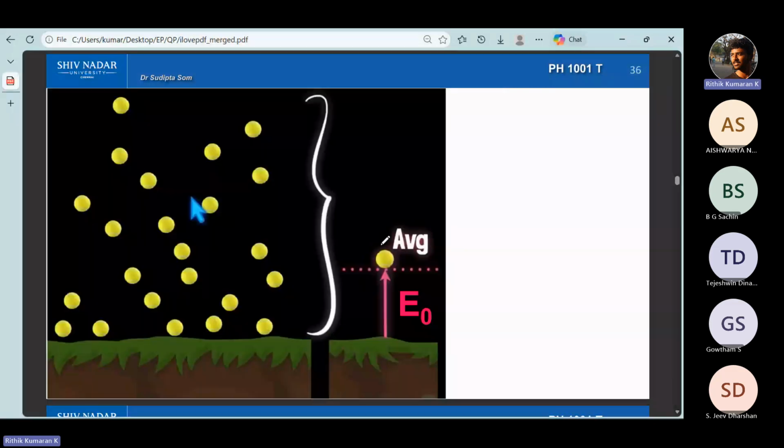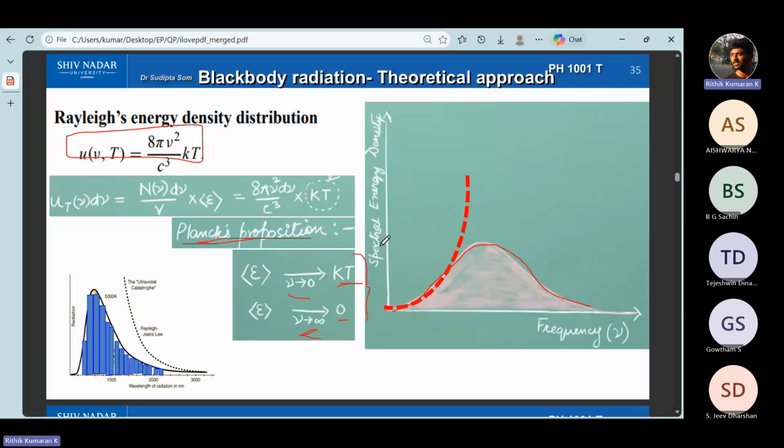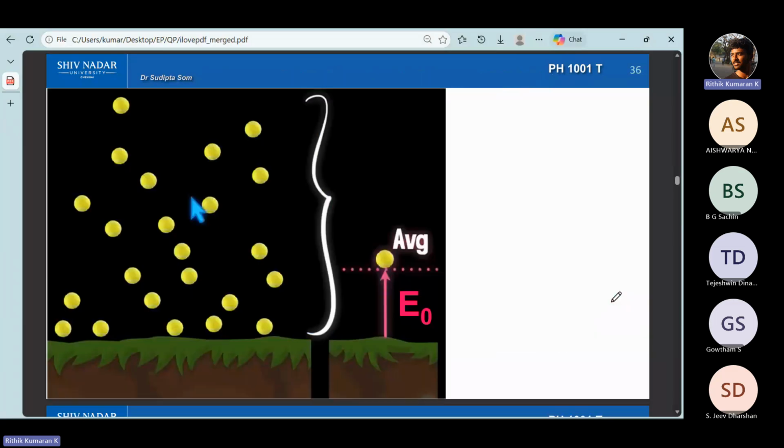As you can see, if you consider the energy to be a continuous wave stream, the energy comes to be kT, which is obviously wrong in many cases. This gives this curve and not a uniform curve as we derived. So what Planck said was, consider the energy levels not to be continuous like this. You can see it is continuous. The atoms can exist anywhere in the